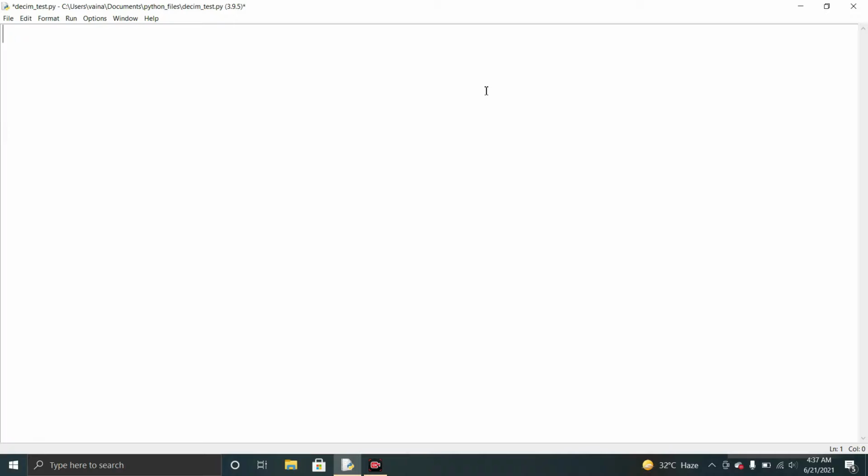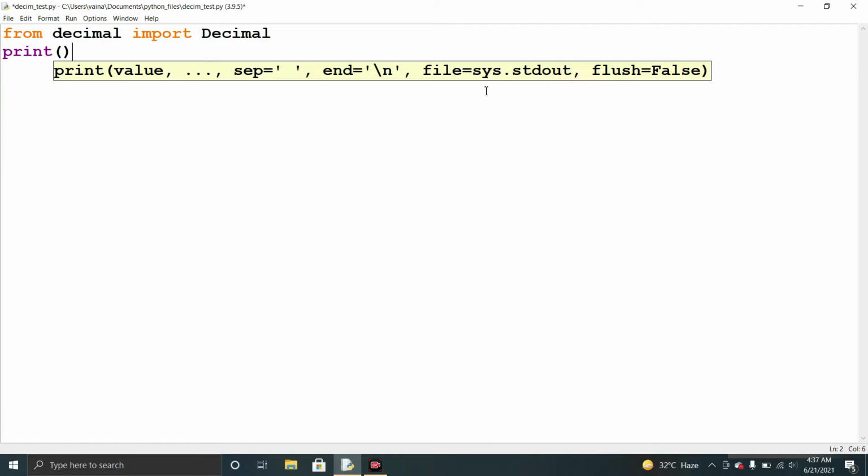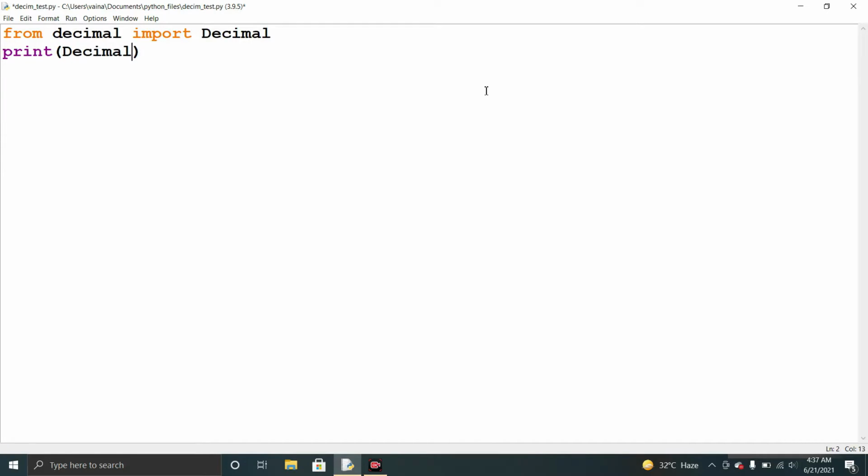For this we need to import the decimal module. We can import it like from decimal import Decimal, and now we can print Decimal of 0.1 plus Decimal of 0.1 plus Decimal of 0.1 minus Decimal of 0.3.